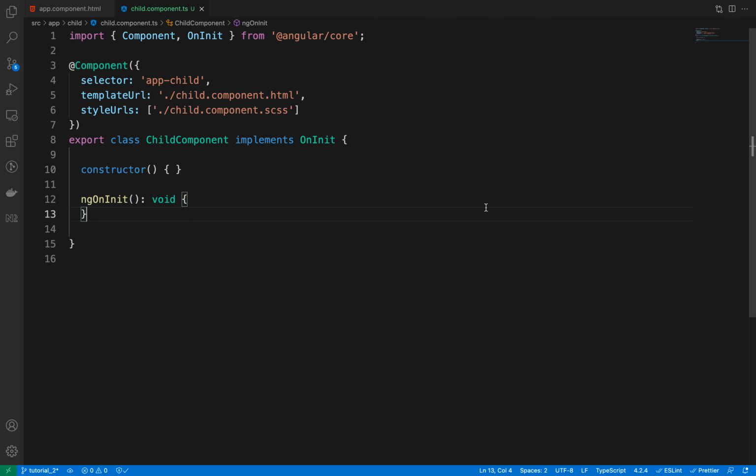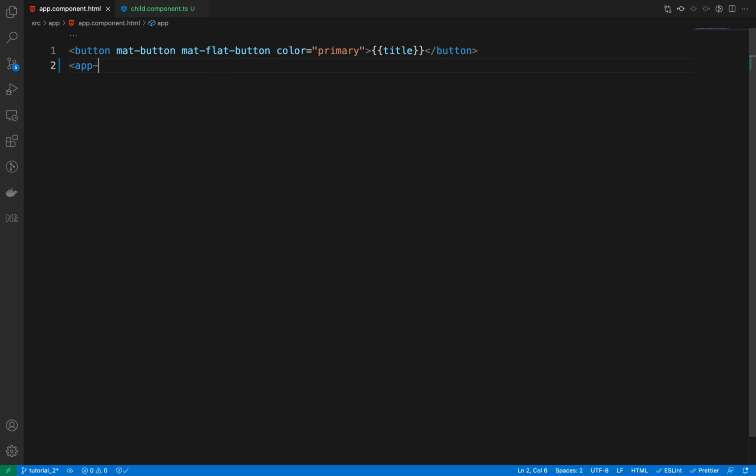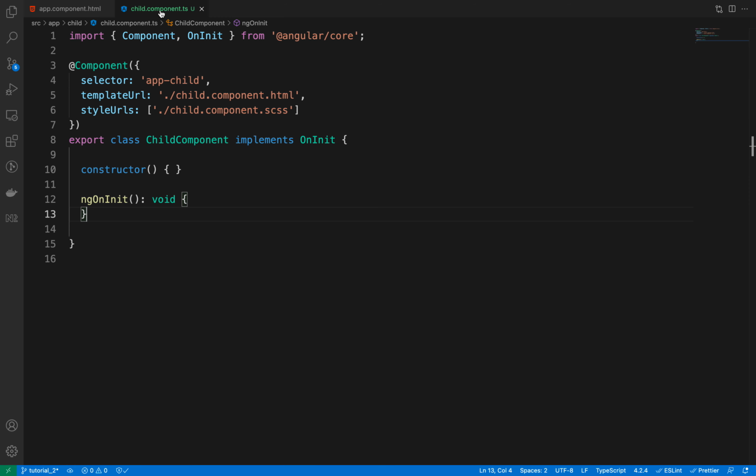Now what event binding actually is, is that it allows a child component to send some data to the parent component. And so to demonstrate that, I'm going to go to app component, and then I'm going to define a child component here. So child component has a selector of app-child.